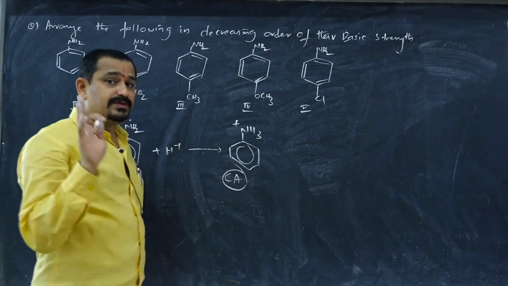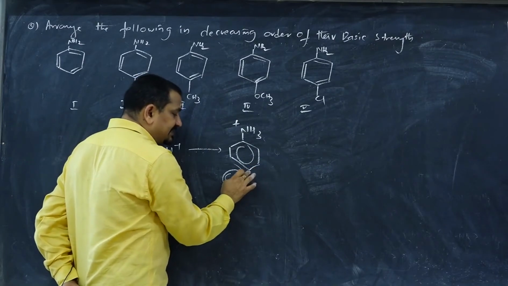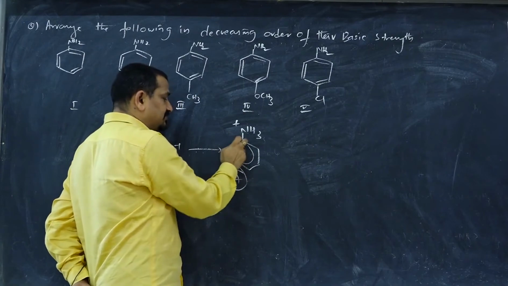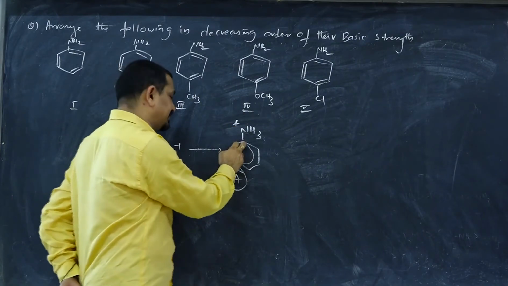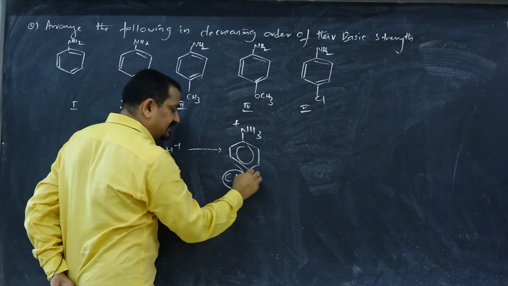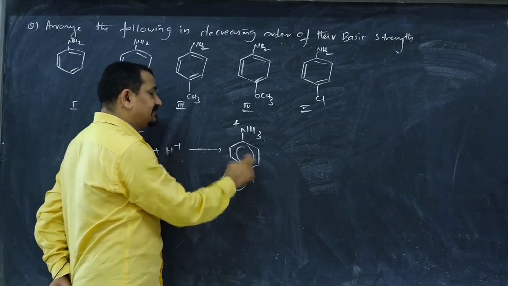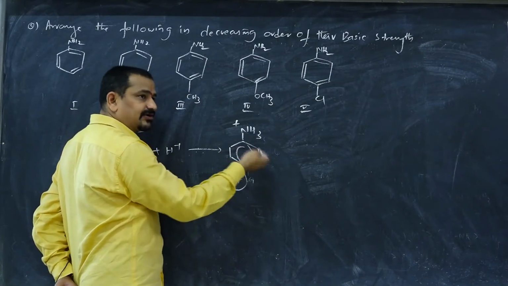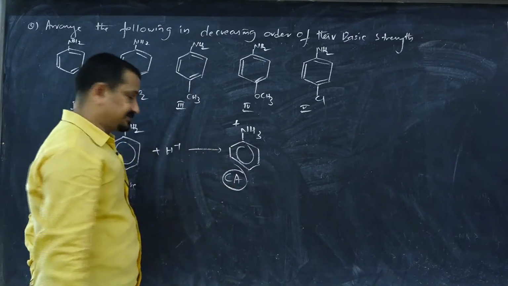And whatever the group, keep one more point in view: whatever the group connected at para position, its influence can be directly taken on this immediate opposite position. See here, the carbon to which the group is connected on the benzene ring. So, its para position, suppose here some group G is there, it may be a withdrawing group, in which case plus charge will be developed here, plus you can assume. If this group is releasing, meaning electron density is given out, here you can take minus. So, that is one more shortcut.